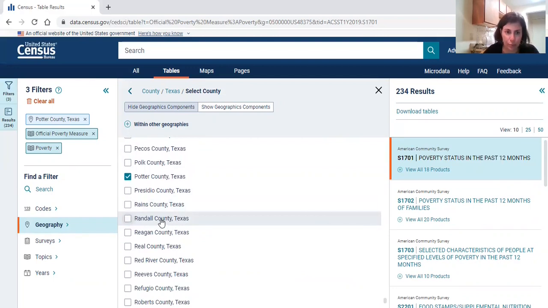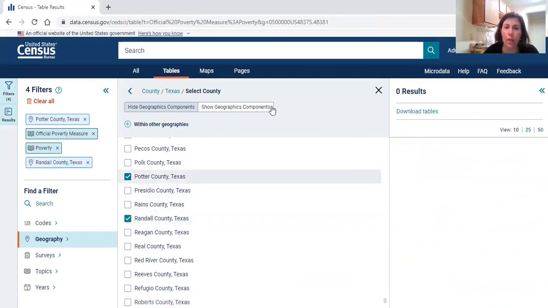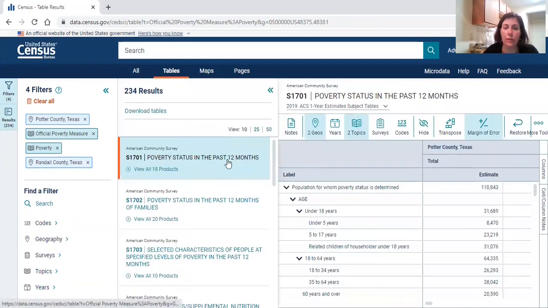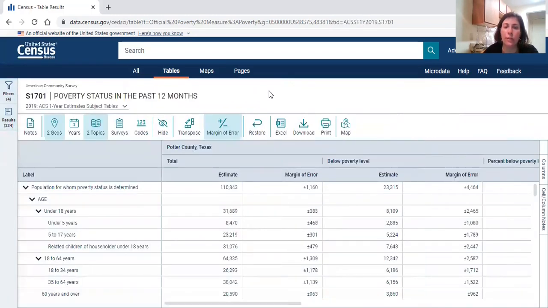I choose Randall County and close the page and come back to the same table. I minimize these. In this case,